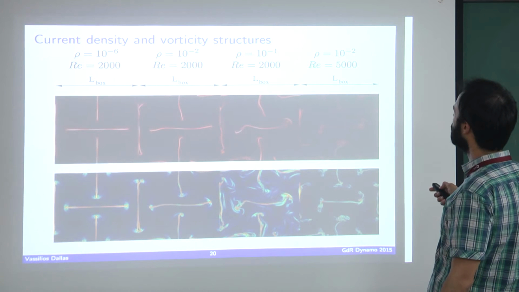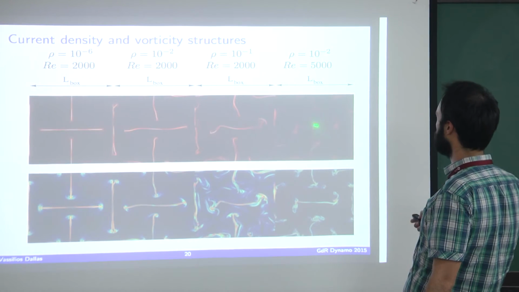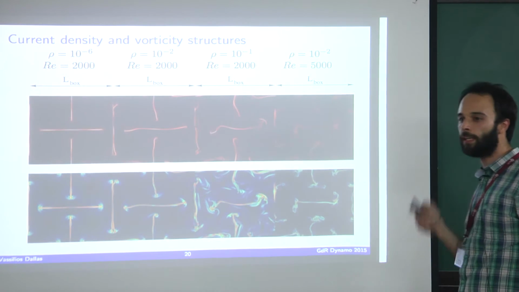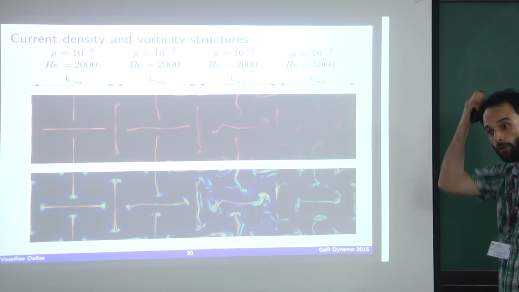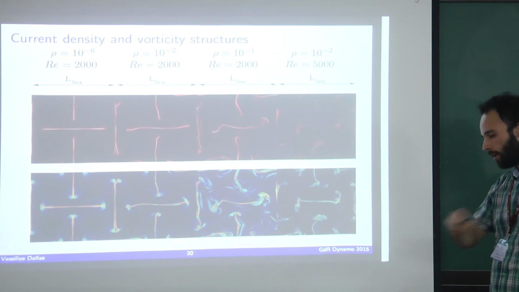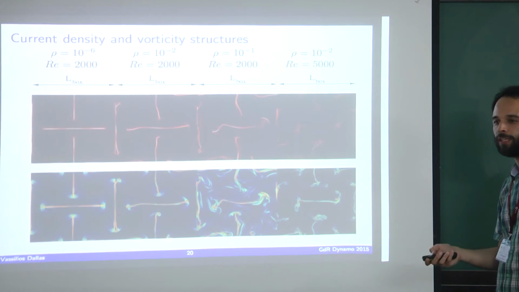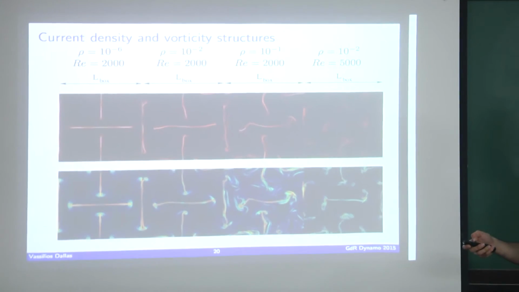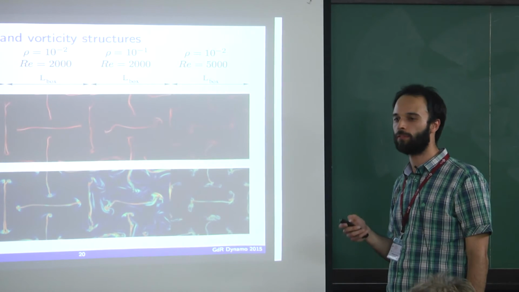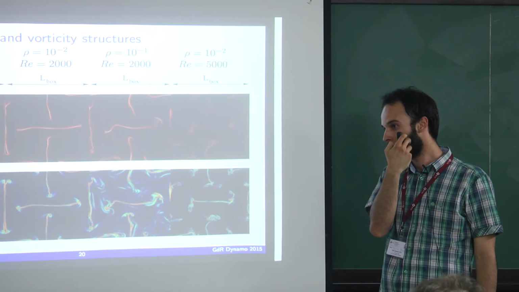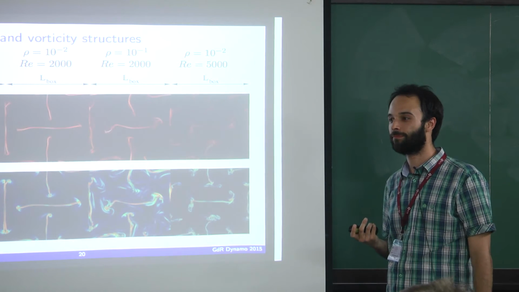But we see that if we increase the Reynolds number, even from 10 to the -2, they seem to break. So you really need high enough Reynolds numbers in order to break these symmetries, the Taylor-Green symmetries. And actually from asymptotics, we saw that you need 10 to the 8 Reynolds number to break these symmetries. That Reynolds is just 1 over Q.